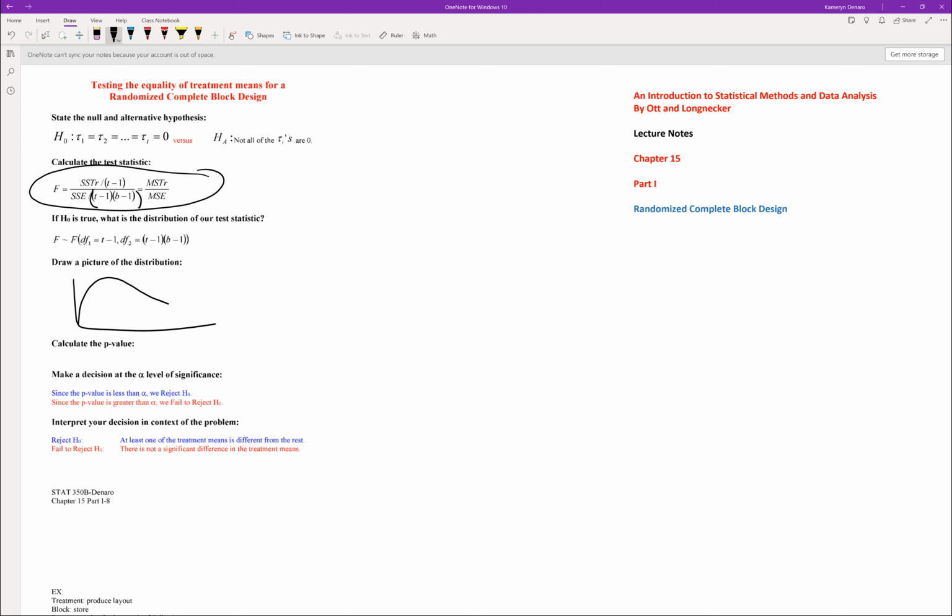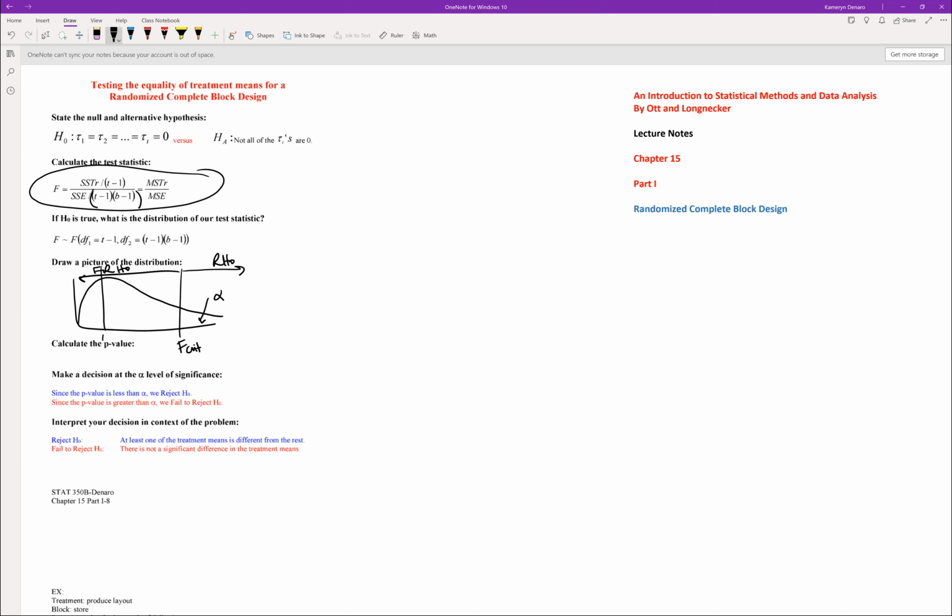We should have a skewed right distribution that peaks at 1. We're going to set up our rejection region and our fail to reject region. The area under the curve of our rejection region is the probability of a type 1 error, or that's set to alpha. Remember, a probability of type 1 error is when we reject H0, when H0 is actually true. We can calculate our critical value